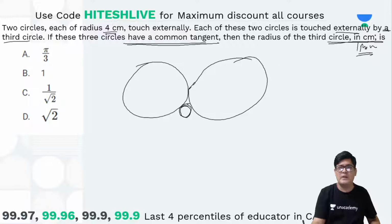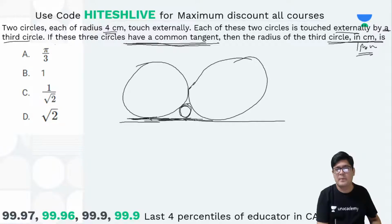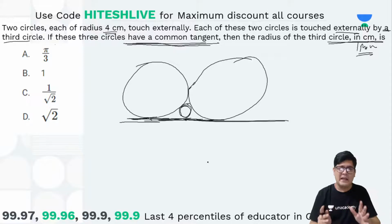And follow the language. There is one more thing given. These three circles have a common tangent. Common tangent is a line that touches the circles from outside and leaves. It does not cut the circle. See, I have limited drawing tools here on the screen. So imagine this is the tangent line. Anytime you come across circles touching each other, circles having tangents, if you are looking for radius or areas or